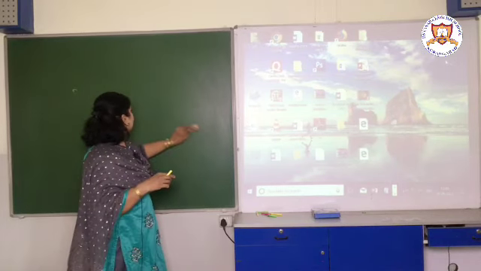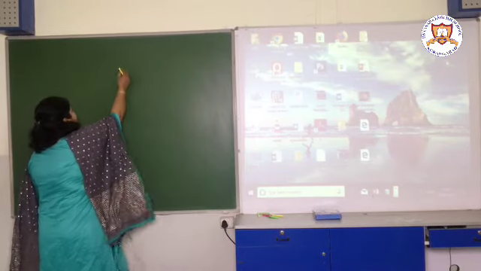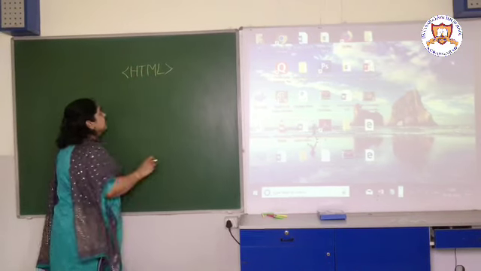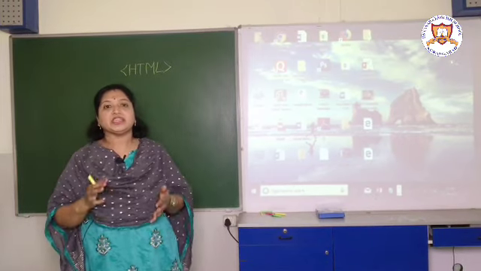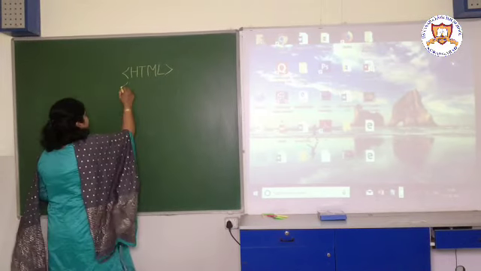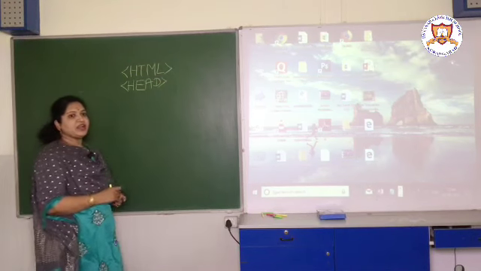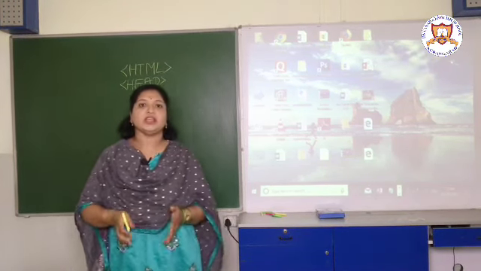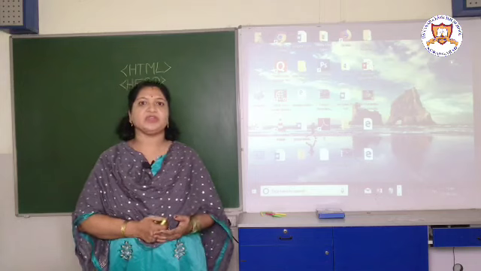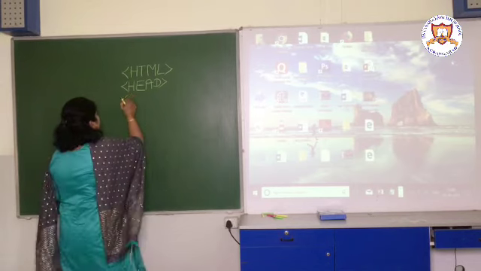I hope everyone knows the basic structure of HTML language, but again I will revise that. The first tag is HTML. The first tag is HTML, hypertext markup language. It tells the browser that you are now preparing a program in HTML. The second tag is head. The HTML page is divided into two parts, head and body. Head contains the title tag. Whatever title we give in the title tag appears on the title bar of the web browser. So this is head,